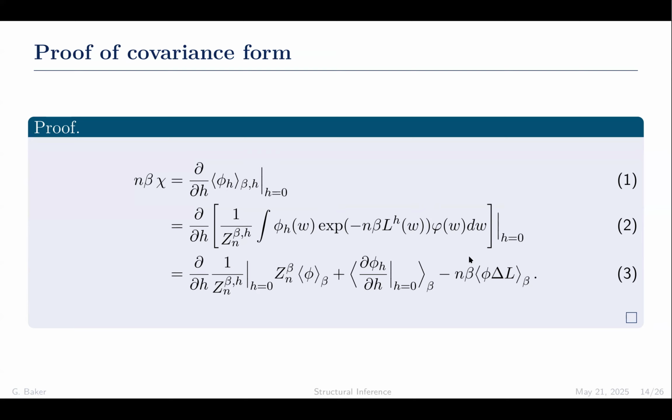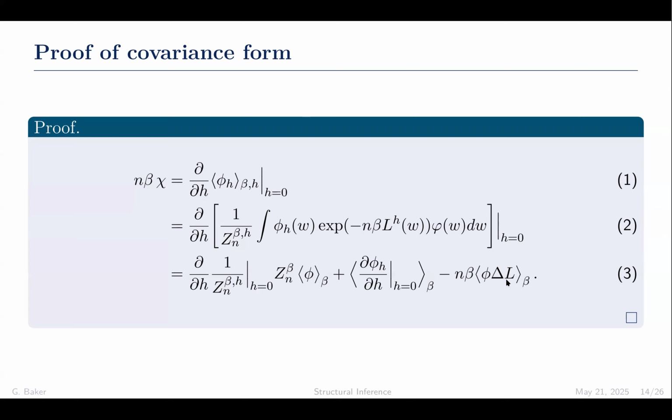And then we take the derivative of this LH of W that pops out, or the minus n beta pops out, and so does the derivative of LH of W with respect to H, because it's how derivatives work. And the expectation stays the same, but the x function stays the same. And so we have the QH of W